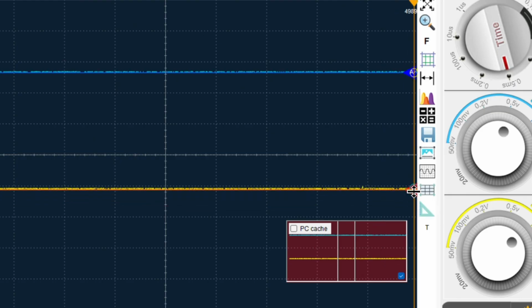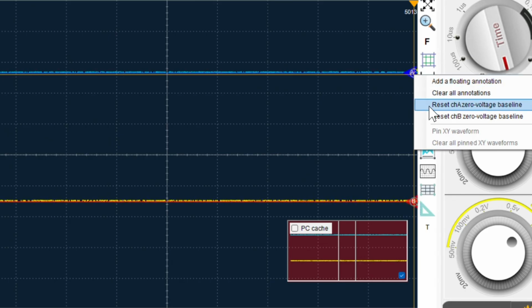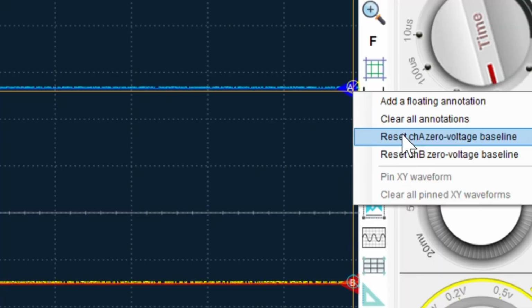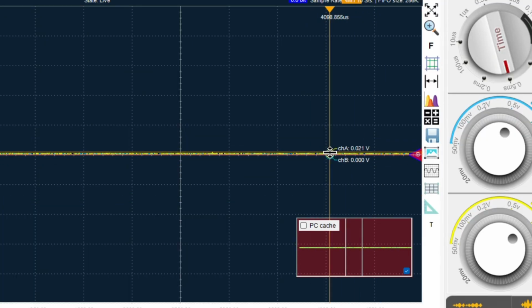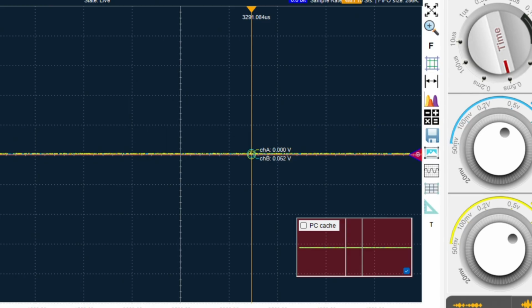The first thing to do is to find the channel A. Point the mouse, left click it, and then choose the reset A0 voltage baseline. The main reason for this is that I'd like the channel A to be set to the baseline, which is 0. Then do the same with the channel B. Now you can see that both the channel A and the channel B signals are now at 0 baseline. This is something that I need to do first before I start any significant measurement or any meaningful